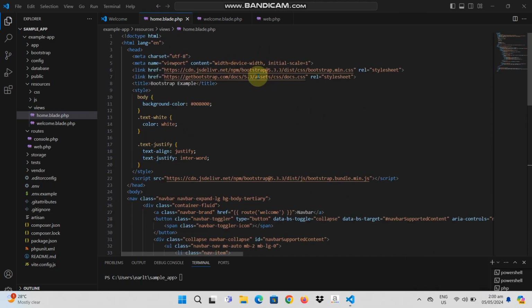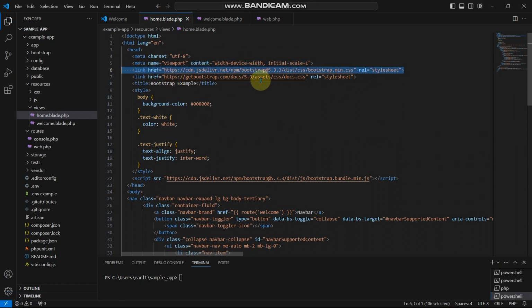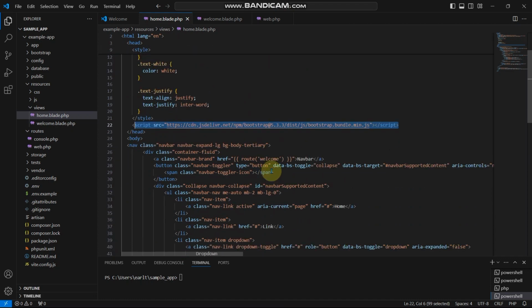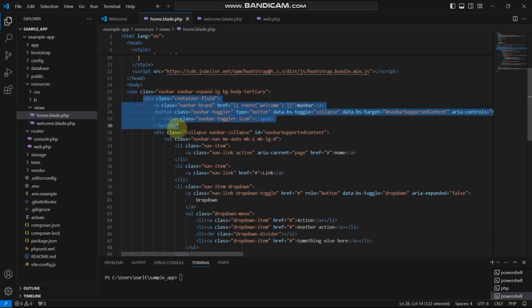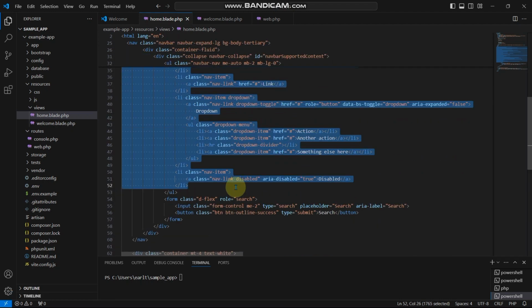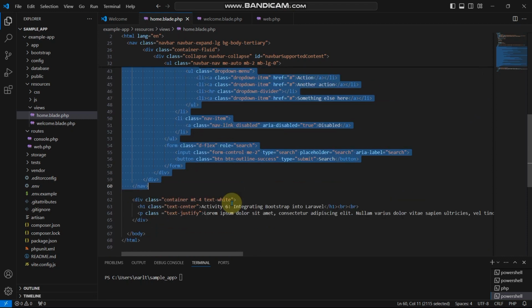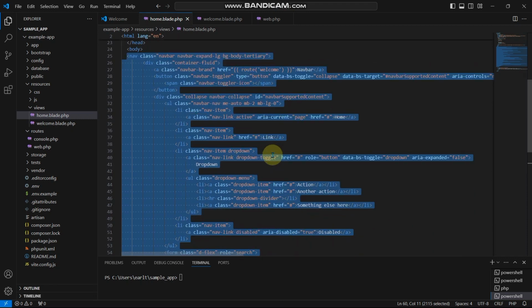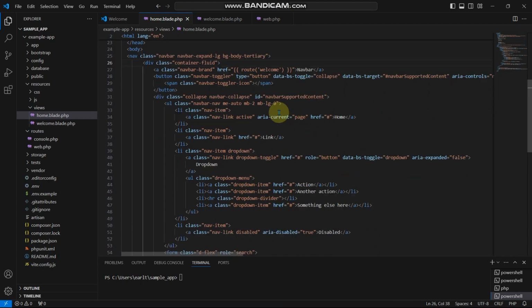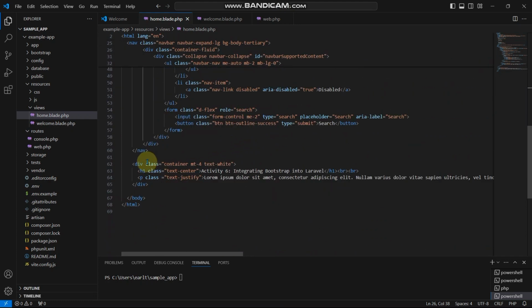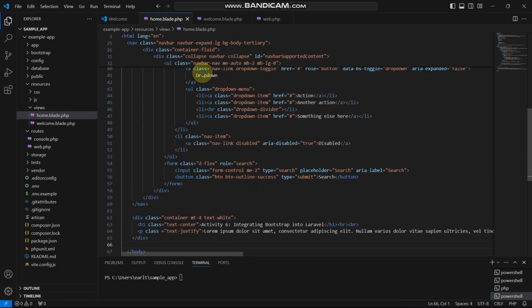So first is the links that we use in this code, and a JavaScript from Bootstrap, and the navigation bar that we use in other file, and a sample text for our website. And we're going to